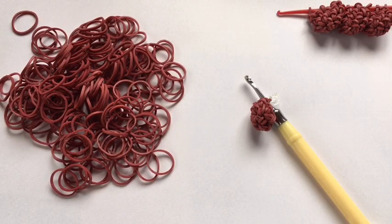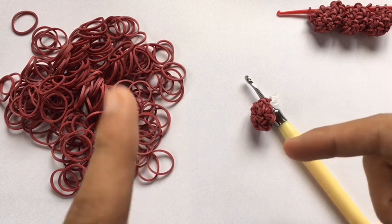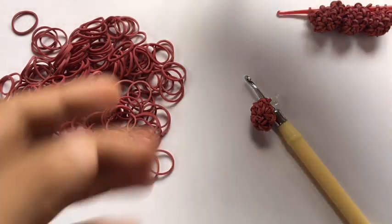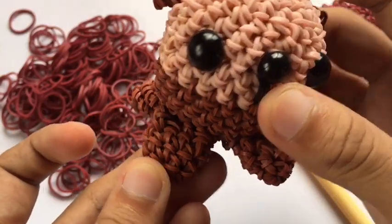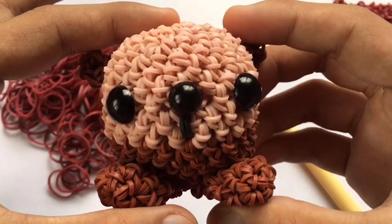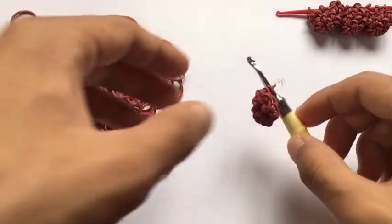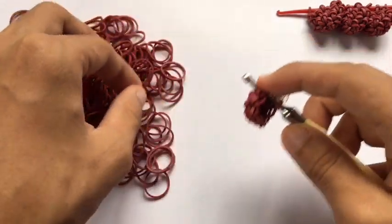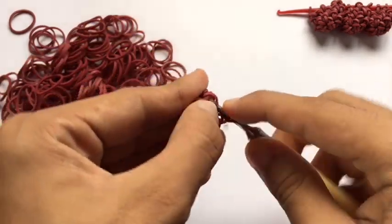I'm sorry guys if it went noisy. But again, my point is, in the otter that I'm making in this tutorial, I'm only going to be adding 1 row for the legs. In the original otter, the first otter that I did, I did 2 rows of single of 9 stitches. So either way, they're just going to look the same. I hope I wasn't confusing, but let's just do 1 row of single. And we are going to end up with 9 stitches. So this is 1,